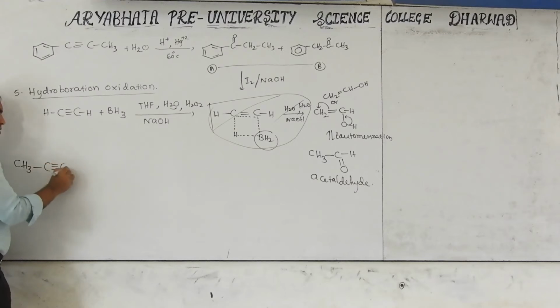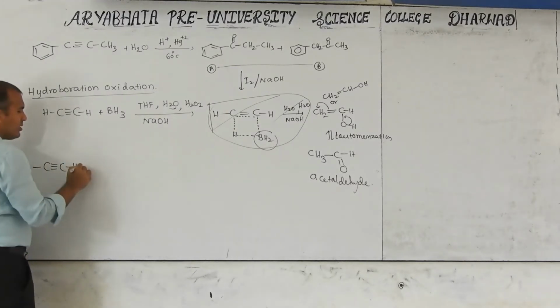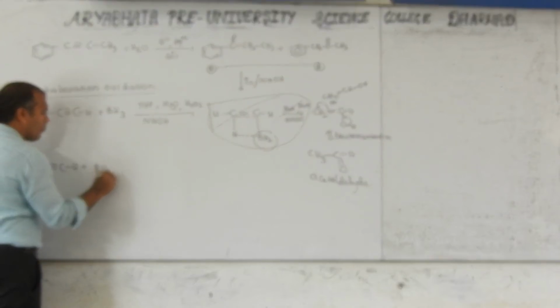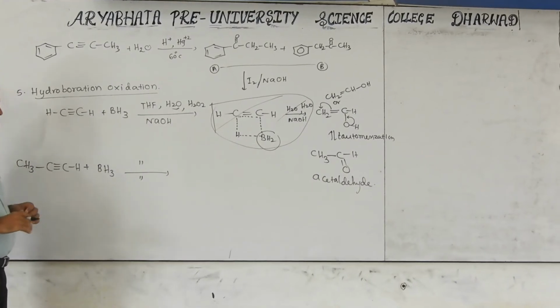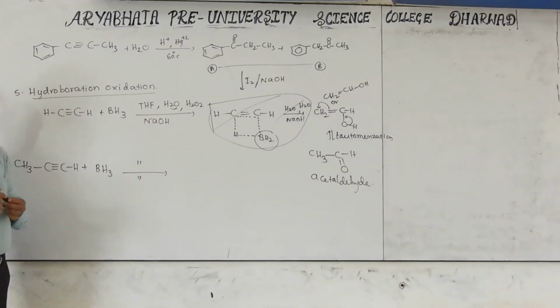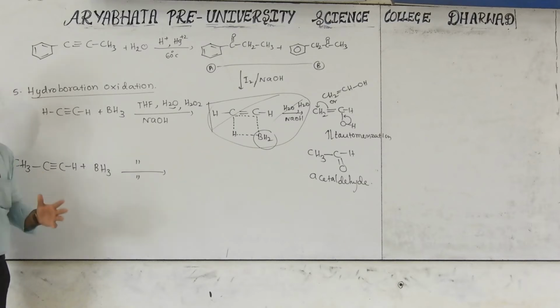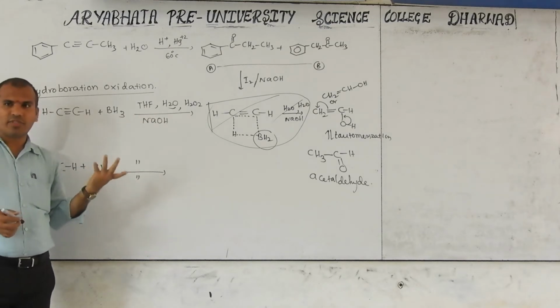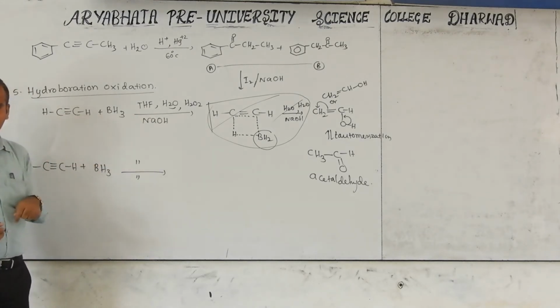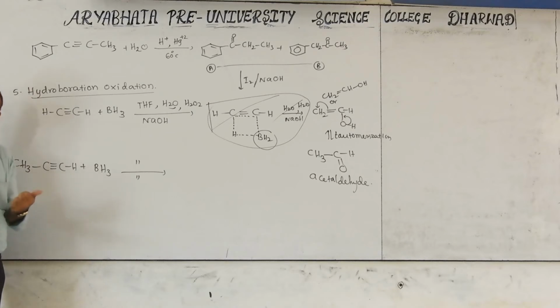CH3, C triple bond CH, and same here BH3 and all this as it is, there is no change. Now, we studied in the alcohol chapter that it undergoes the same addition, there is no rearrangement, and always anti-Markovnikov product. Before it was symmetrical, so we did not discuss which side is attacked. But here it is unsymmetrical. In the water molecule H plus is there, OH minus is there. But which side does the OH minus attack, left side or right side?